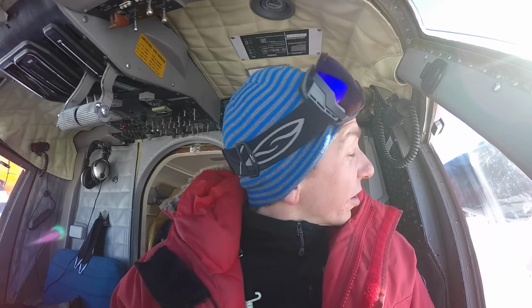Hey, it's January 22nd, 2015. I'm sitting here up at the flight controls of a Kenn Borek Air operated DHC Twin Otter, which is currently parked and being worked on at the WAIS Divide West Antarctic Ice Sheet Field Camp, where I've been living and working for the last three and a half weeks, I guess. It's kind of cool to check out this plane and just be living and working with the Kenn Borek flight crew,